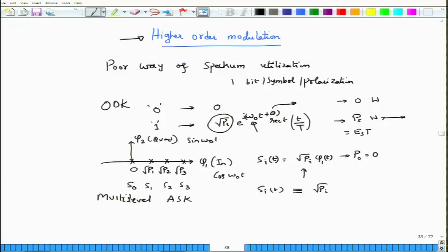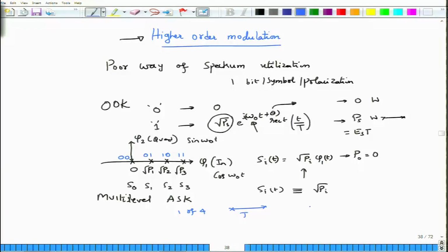Now what is the advantage of doing this? The advantage is that at any time t, which is a signaling interval, I am about to choose one of the four messages, so I can assign a binary word to each of these S0, S1, S2 and S3. How? I can code the 0 amplitude waveform, the symbol S0, as 00, then the next amplitude as 01, then 10, and then 11. So these are the four different amplitude signals which I am transmitting, and each of those signals can in turn be binary coded.